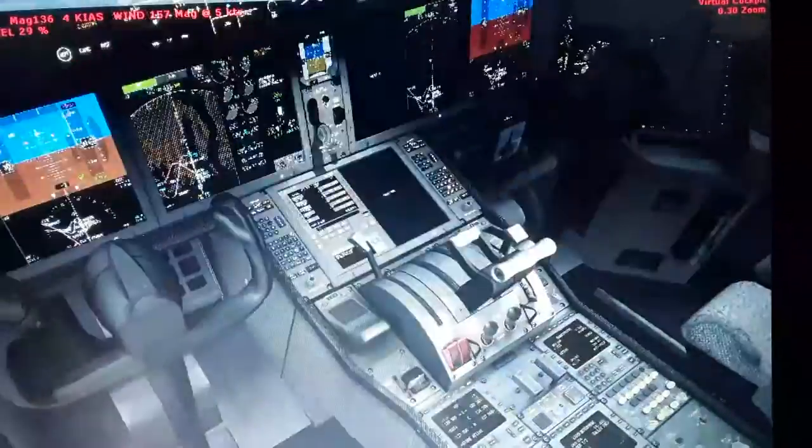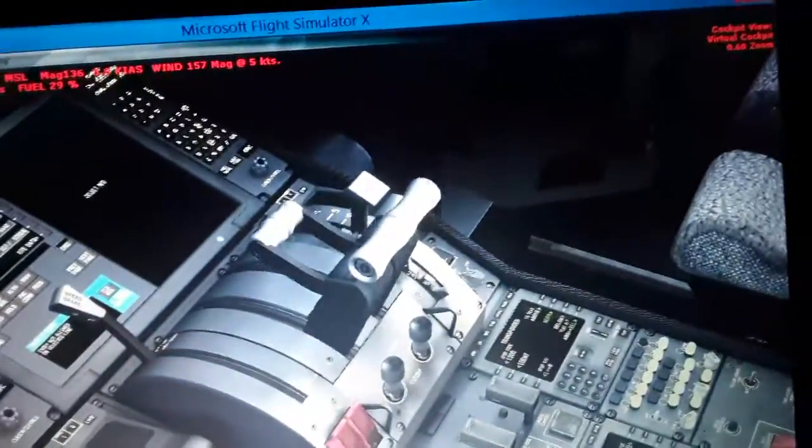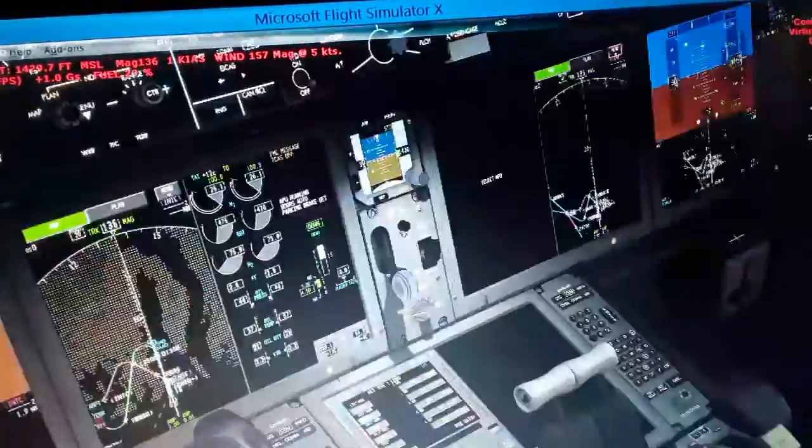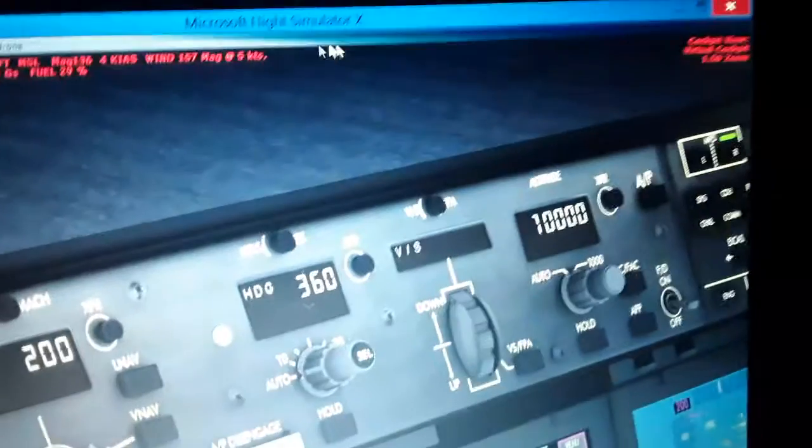So maybe I'm not sure, come here and increase the thrust levers position. Use full takeoff, go around power. But before doing this, we only need to set up